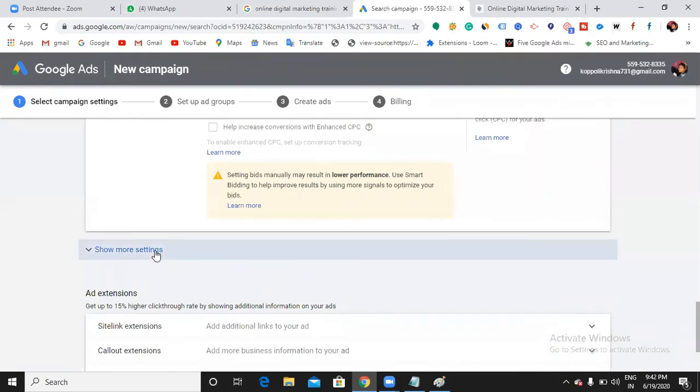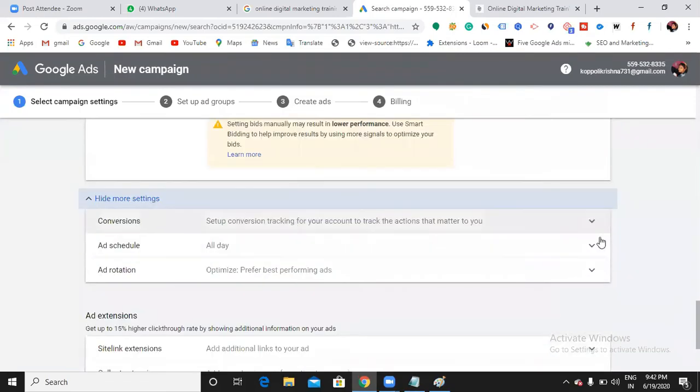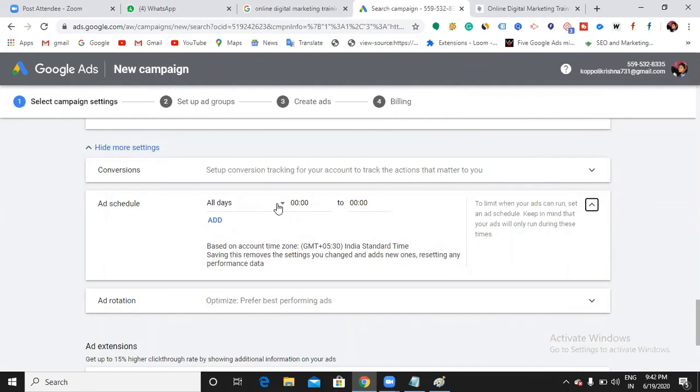Okay, so the next thing is show more settings. Conversions not required, we're going to discuss that later. Ad schedule. What is this ad schedule? Ad schedule means, now Akanksha is there. Akanksha has run her ads for 2 days and she observed that she is getting more clicks and more interactions on Sundays and in between 2 p.m. to 5 p.m. So at that time she can decide herself to run the ads only on specific days and